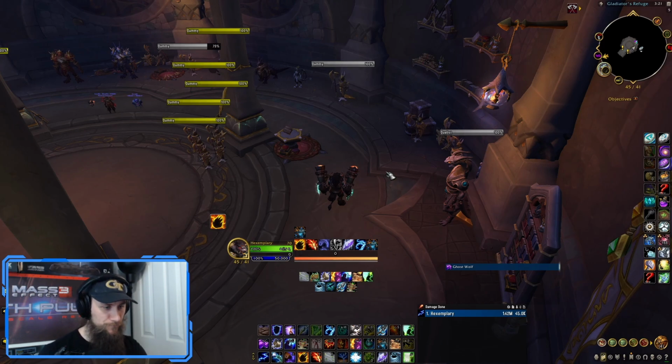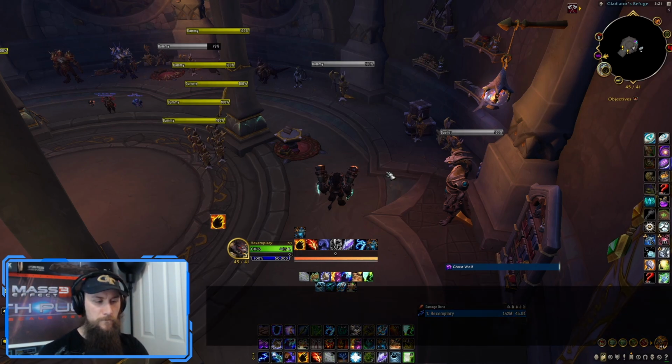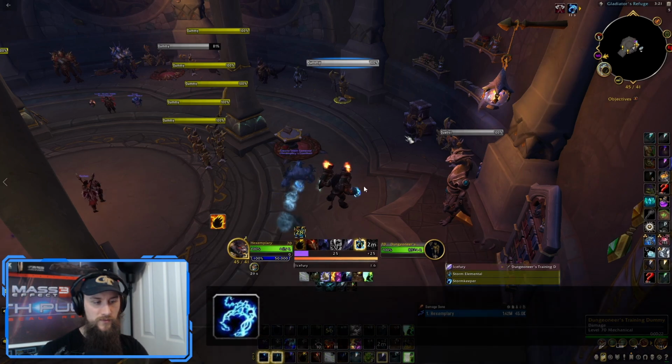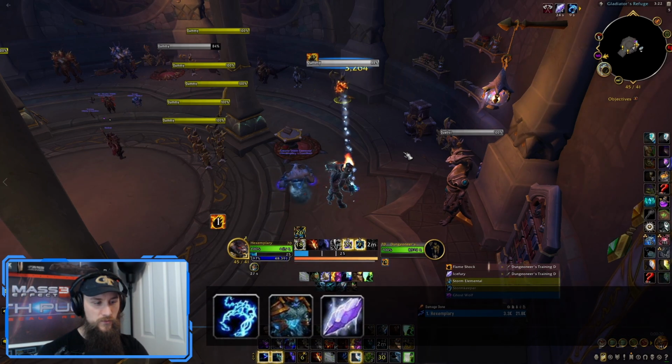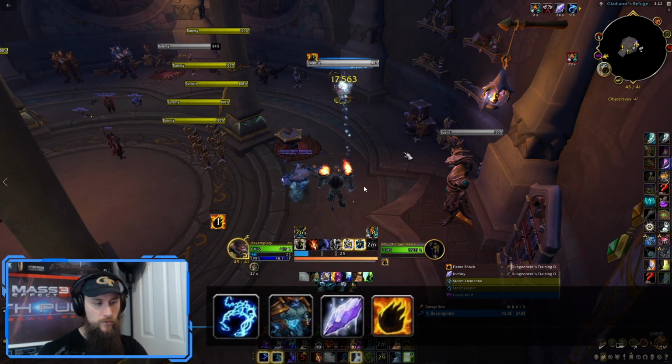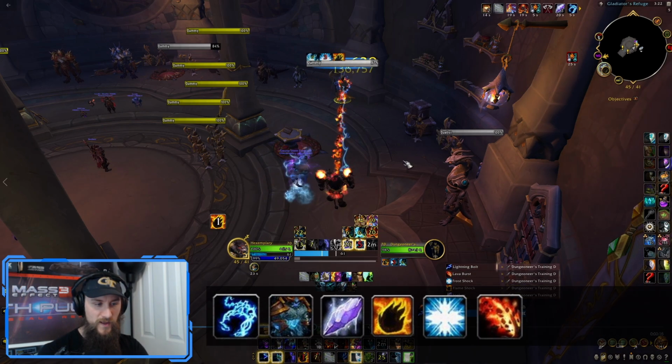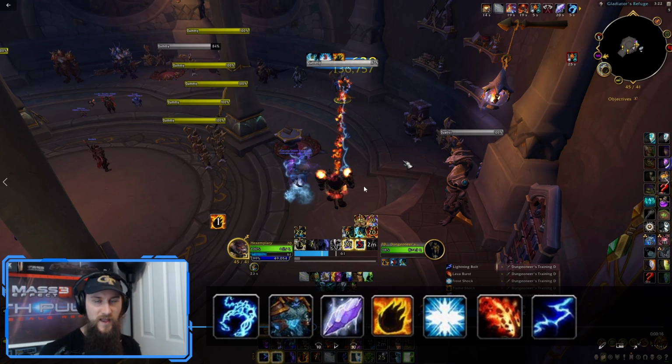So what we're going to do is, about 7 seconds before the pull, maybe 8, depending on your haste and whether you're lusting or not, you can go ahead and use your Stormkeeper. 3 seconds before the pull, use your Storm Elemental into your Ice Fury, into your Flame Shock. You're going to go ahead and do a Frost Shock. Go ahead and use that Lava Burst into the first Lightning Bolt, which is basically exactly the same as you would do with the 2-piece, except this is actually our Stormkeeper that we have, the actual ability,